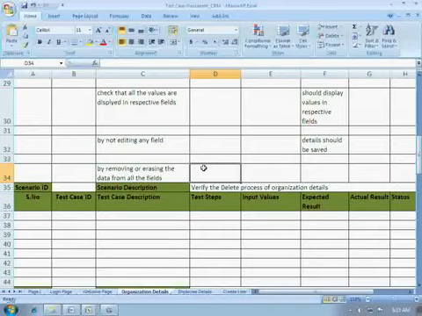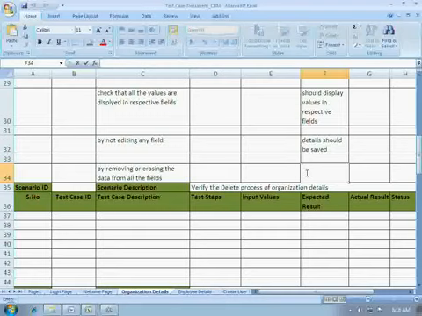So here we are clicking on the select button and we are deleting the data in all the fields. Actually I gave here removing or erasing, but it's understood that we are emptying the fields and then clicking on the save button. So what happens is the details should not be edited.